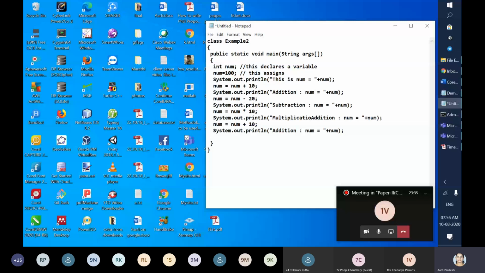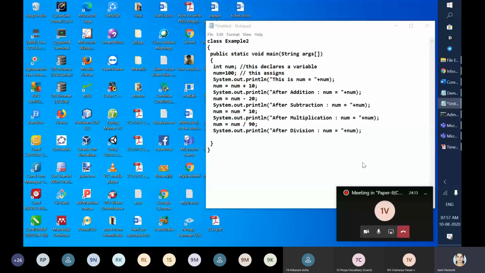So today you have seen how to use arithmetic operators in Java. Now the next is slash 90 that I'm going to do. It's a division, so 900 divided by 90 is going to give you the value 10. And if you want to make the change, you can write after addition, after subtraction, after multiplication, and after division, num is equal to everywhere. So that's it. This is your code.